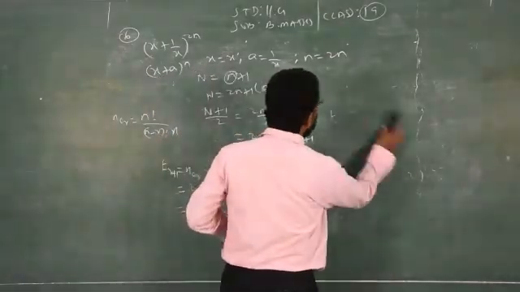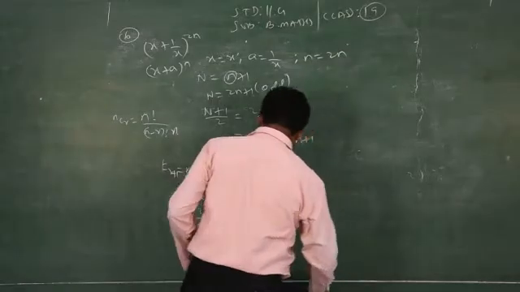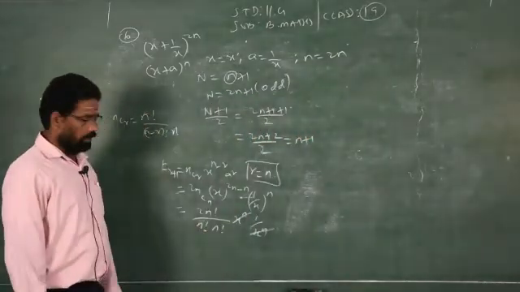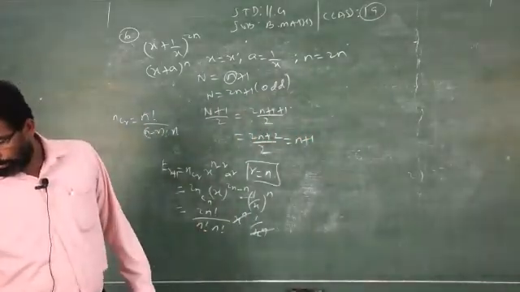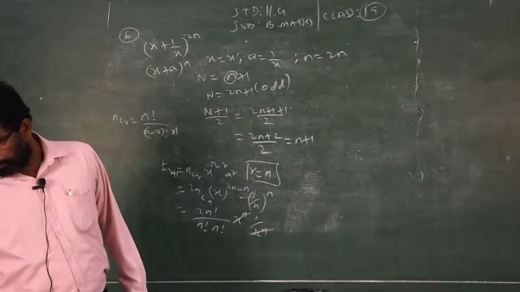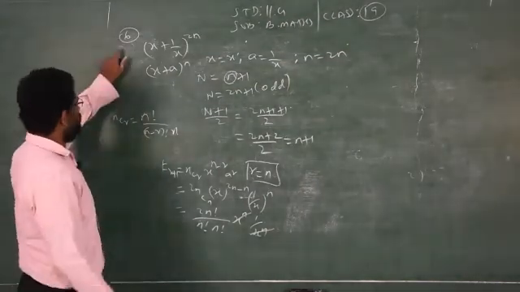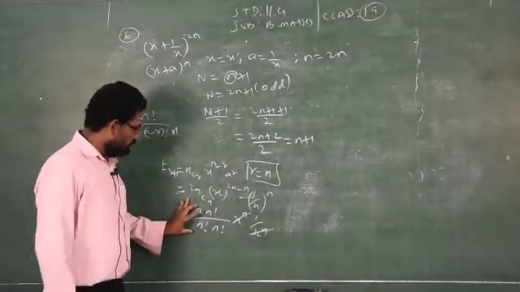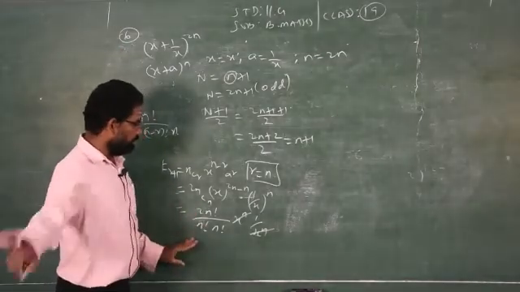Now you have to prove those conditions. The answer is over, but you are asked to prove that 1 into 3 into 5 into ... into (2n minus 1), 2 power n by n factorial. Refer to question number 6. So the answer is over, but you have to prove some conditions.